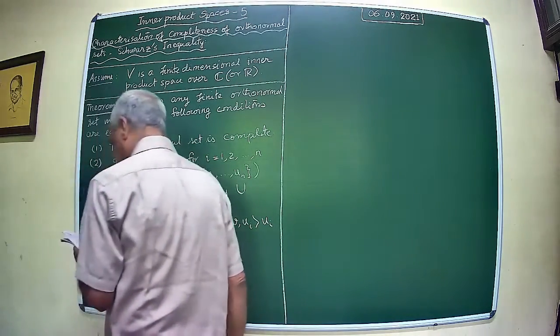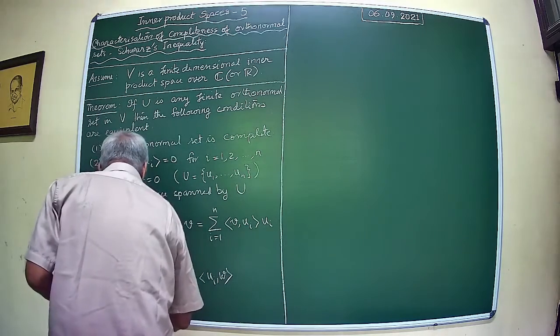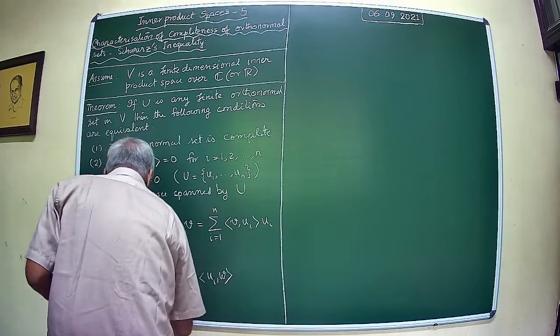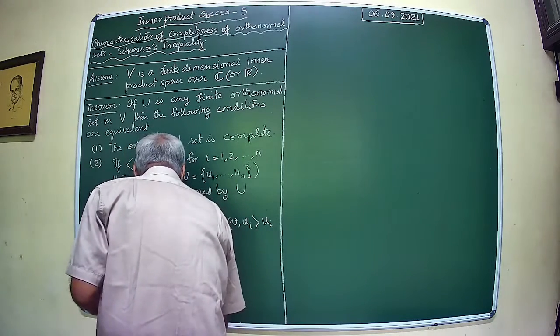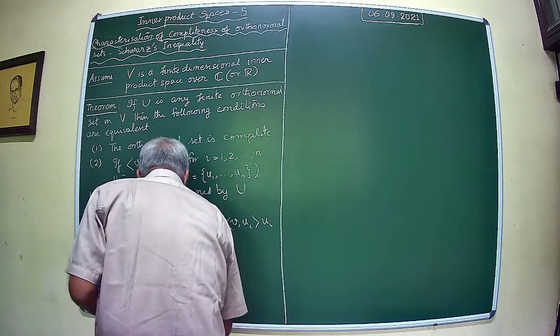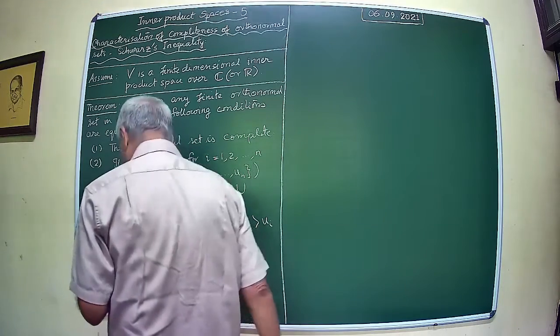If V belongs to V, then what we have is that norm of V squared is equal to